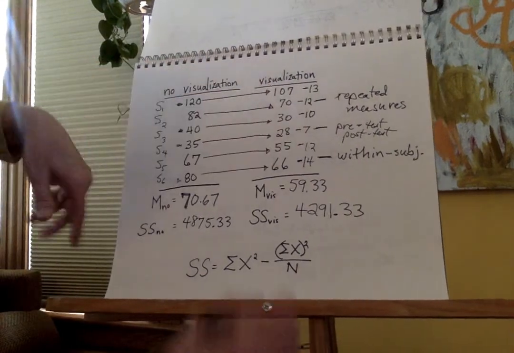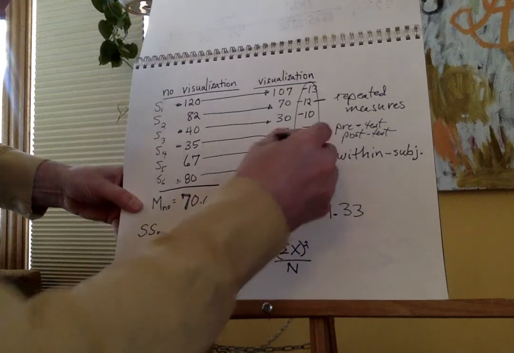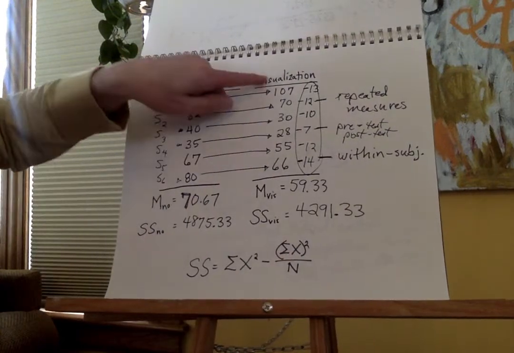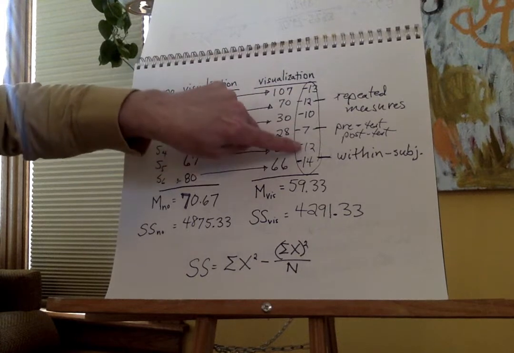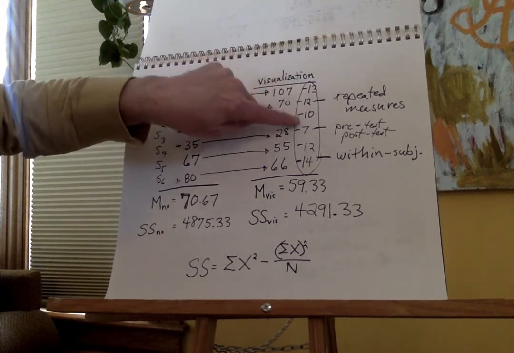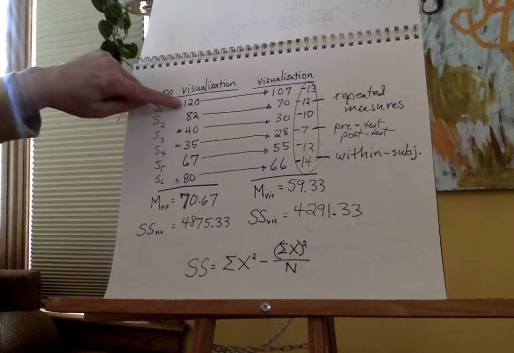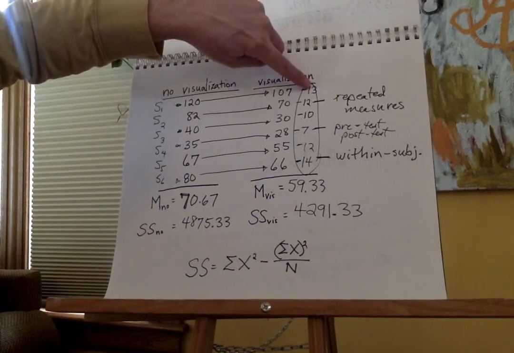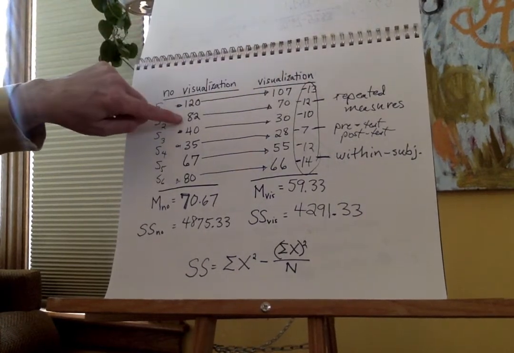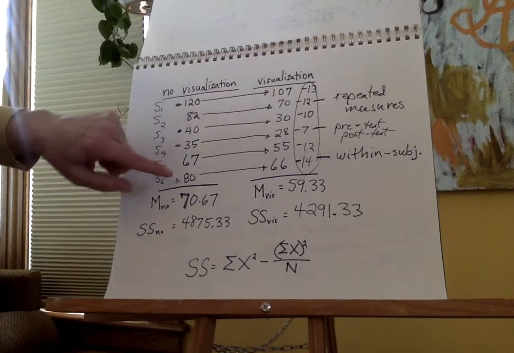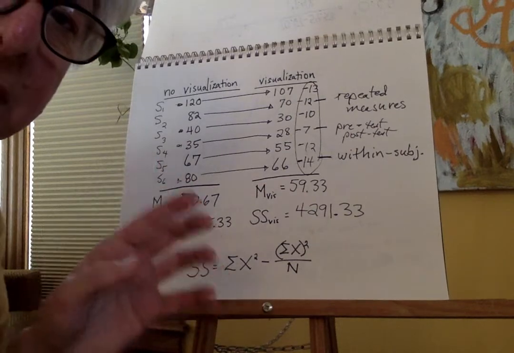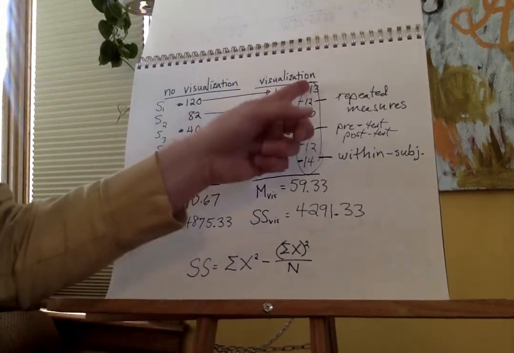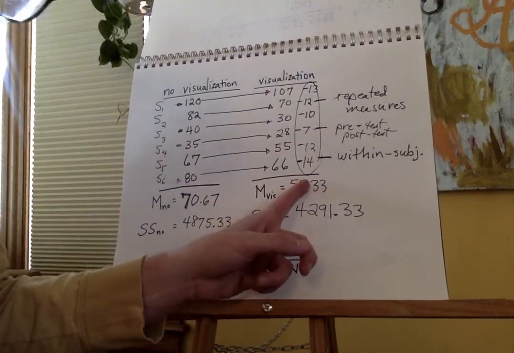When we look at their differences, we find out that visualization really helped each one of them by almost the same amount, or at least similar, right? Doesn't matter if this was the slowest person, they improved by 13. This is the middle person, they improved by 12. Here's another one, improved by 14. So really the effect of the treatment is rather consistent,